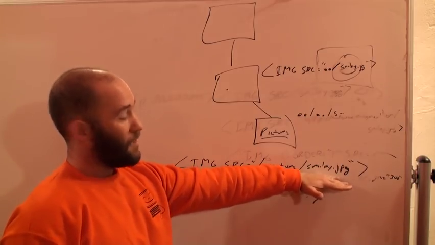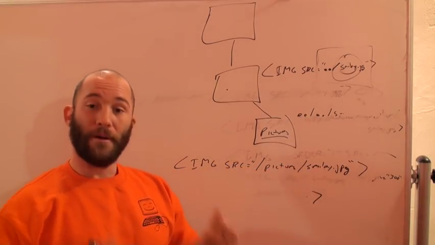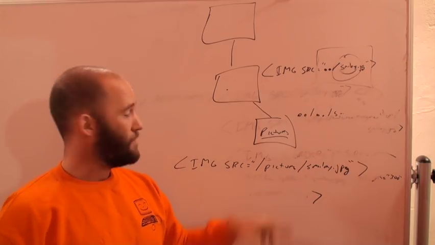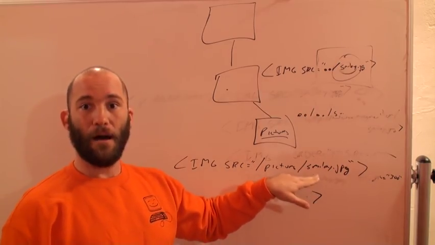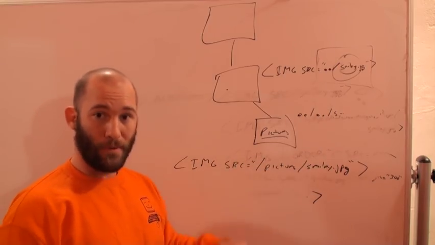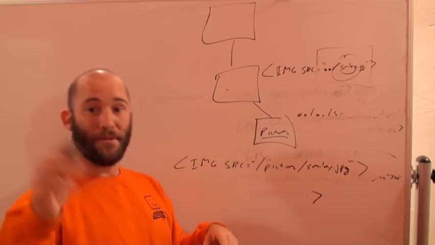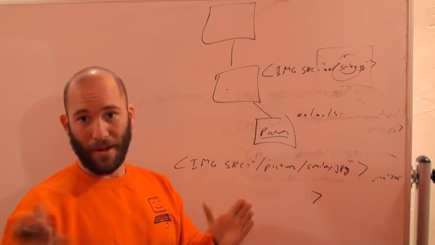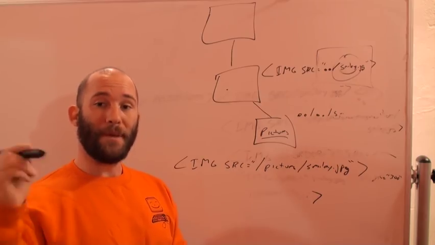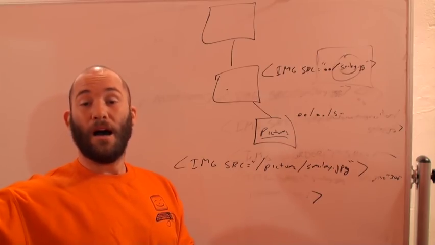If the picture is in the same folder as the HTML page you're dealing with, then you just type in the name of the picture. If the picture is below you in a different folder, then you do slash picture, or whatever the folder name is, and then the picture name. If it's above you, you do period slash whatever